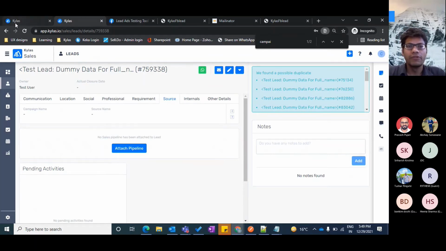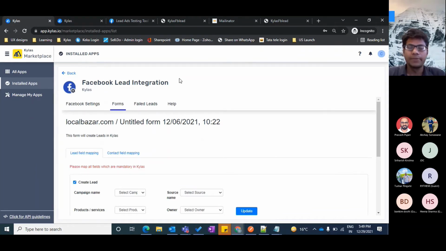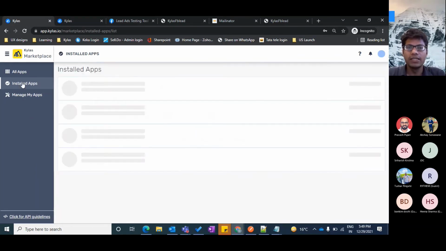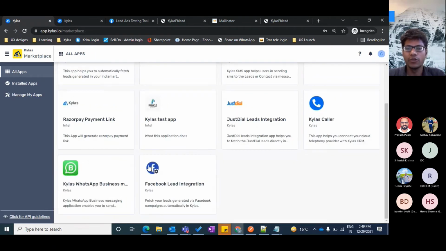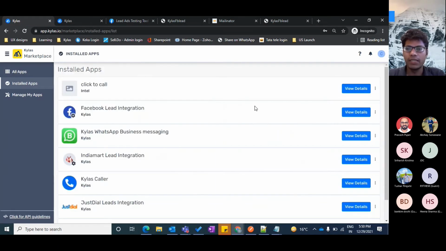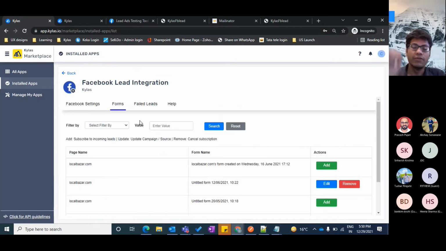I'll quickly recap the steps to get the leads from Facebook. First of all, we have to install the Facebook lead integration app from Kailash Marketplace. We go to installed applications and view details, and sign up.